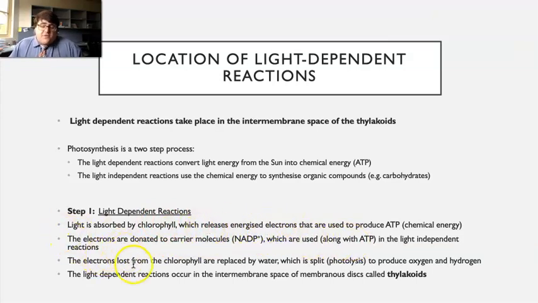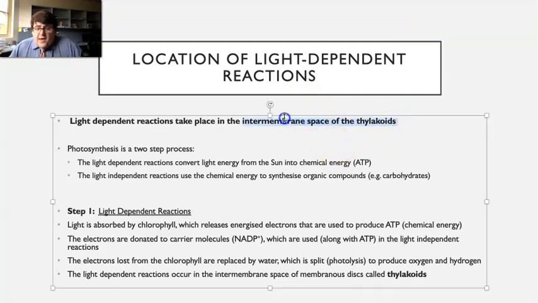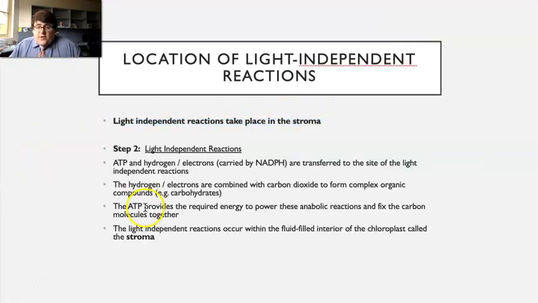The electrons that are lost from the chlorophyll are replaced by water, which is split through a process called photolysis to produce oxygen and hydrogen. The light-dependent reactions will then occur in the intermembrane space of the membranous discs called thylakoids. So the main thing we're taking from this is, one, that light-dependent reactions are the first step in photosynthesis, and they're physically happening in the intermembrane space of the thylakoids,